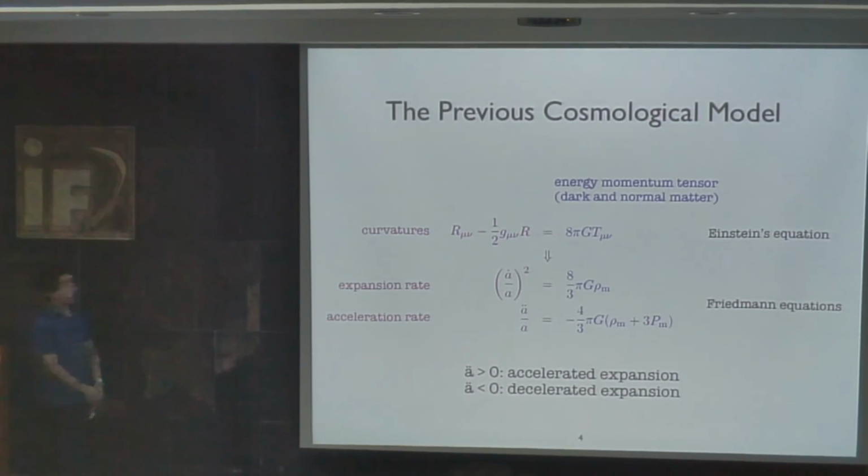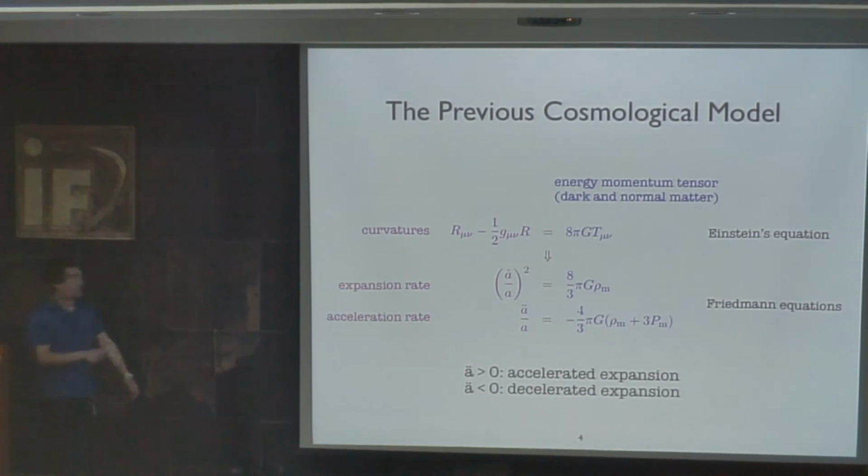So what we have now is a cosmological model, and this cosmological model is built on a standard theory of gravity, which is general relativity. Here I'm showing the equation of general relativity, and as we all know, on the left-hand side you have the Einstein tensor, which tells you the curvature of the universe. On the right-hand side you have all the matter terms, and before the discovery of cosmic acceleration, people believed that these terms contain normal matter plus dark matter, nothing else.